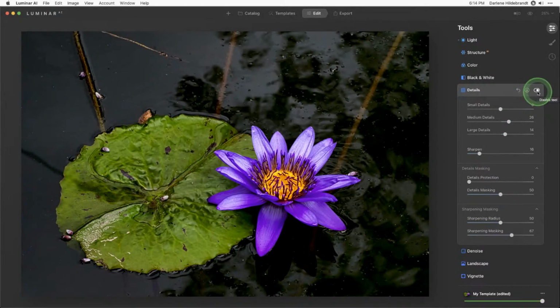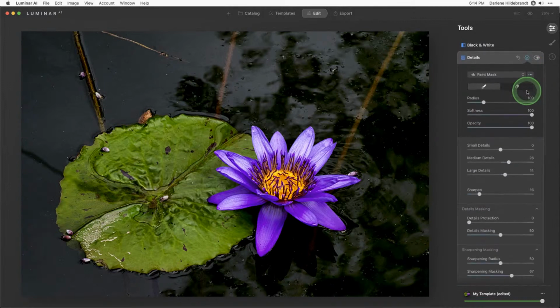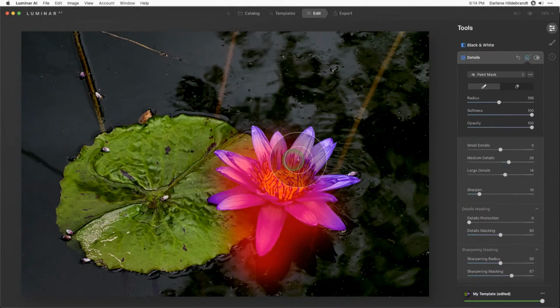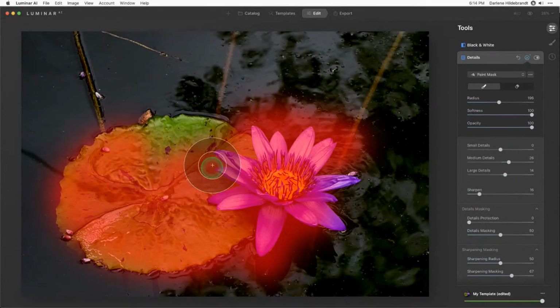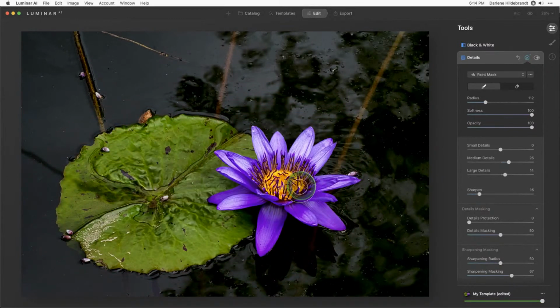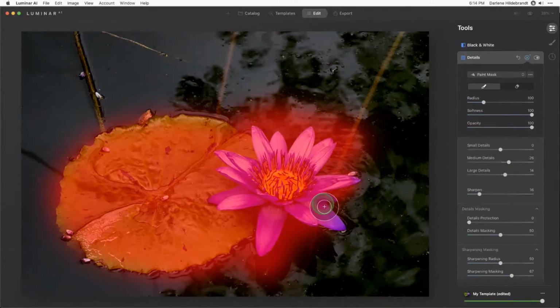Okay, so this just toggles the tool off and on. This is the mask. And I'm going to use paint in at 100% opacity because I know where I want it to go. And I could change the size of my brush just with the square bracket keys. And then when I click and start painting, you can see where I'm painting based on the red mask that appears. So I want to get the flower and the leaf, and then I'm just going to get the petals